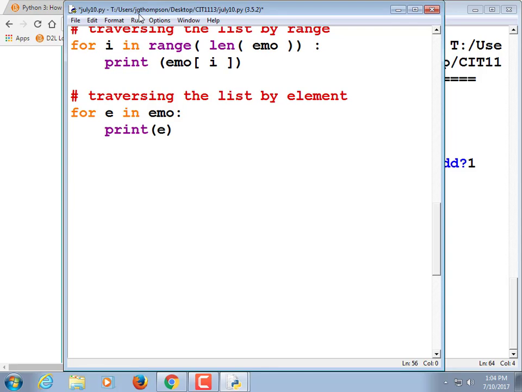And then their ages. Bob is 10. Beth is 3. And Billy is 7. Okay, so we have 3 different lists here. If we wanted to print them out,